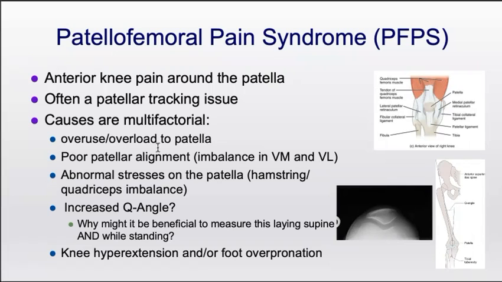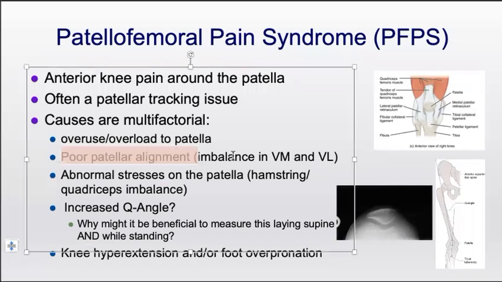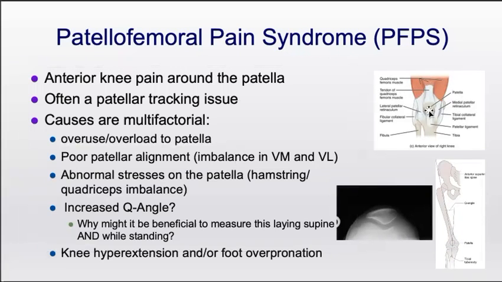Typical causes, again, poor patellar alignment or tracking. So you're going to have imbalances in the vastus medialis, or any of the quadriceps for that matter. You can have abnormal stresses on the patella because of hamstring imbalances or quadricep imbalances. So if your quadriceps are incredibly strong and your hamstring is weak, then you're going to have some imbalances in how that patella is being